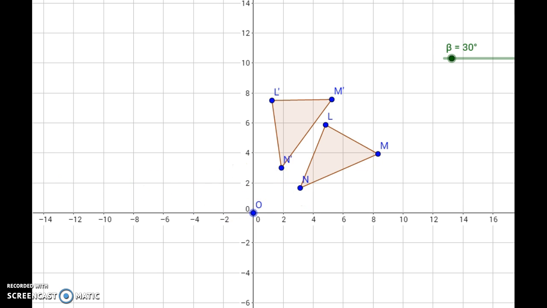To measure, we measure by going from this point N to this and to this. See? So this is the angle we talk about here. This is 30 degrees. This is the angle of rotation, and this is the point of rotation. If I change this point,